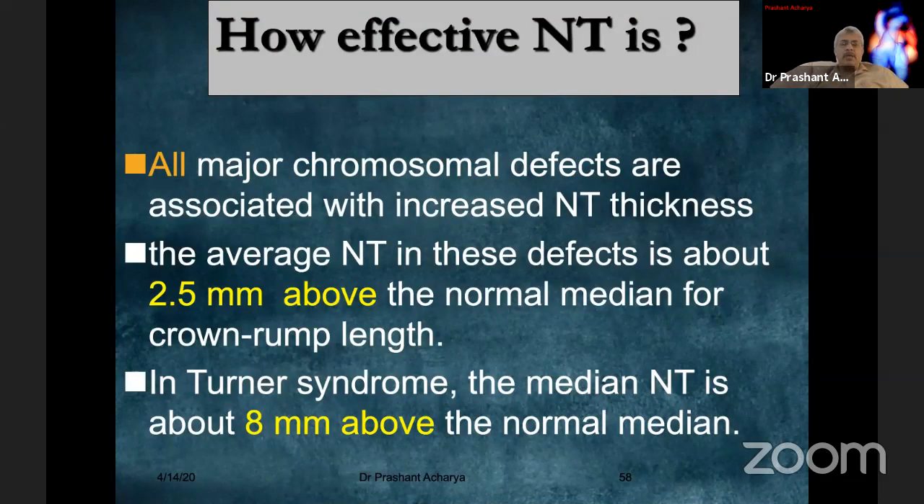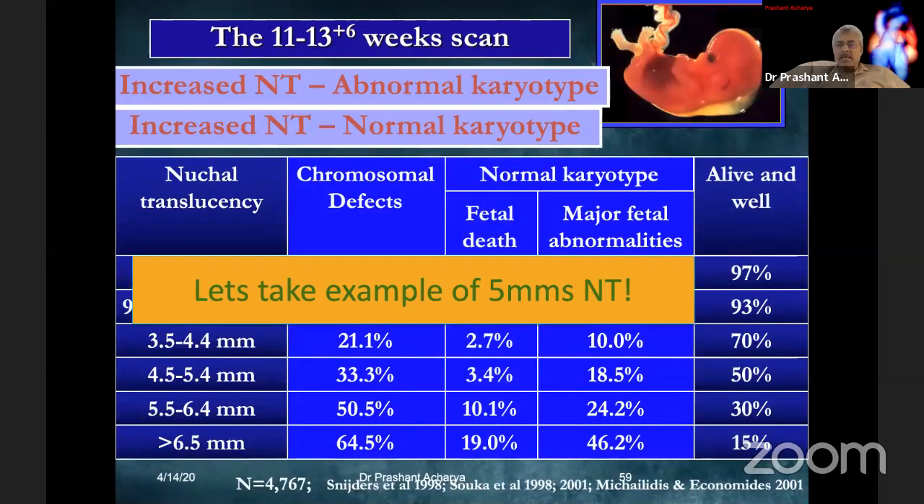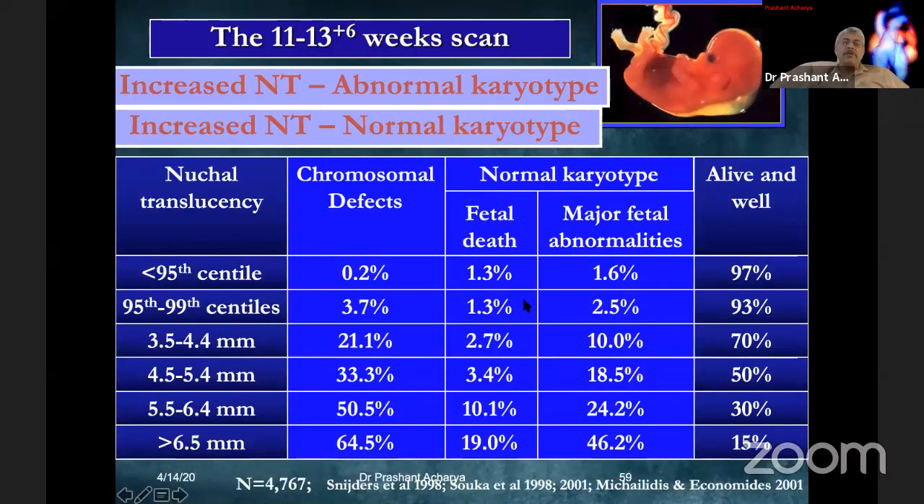Nuchal is increased in all major chromosomal defects, and nuchal is really good, and this will guide you on how increased nuchal helps. If increased nuchal is associated with an abnormal karyotype, you have reached your diagnosis. But if your chromosomes are normal after increased NT, these could be your possibilities. Higher are the chances of